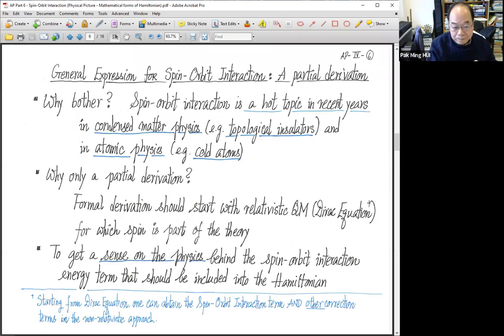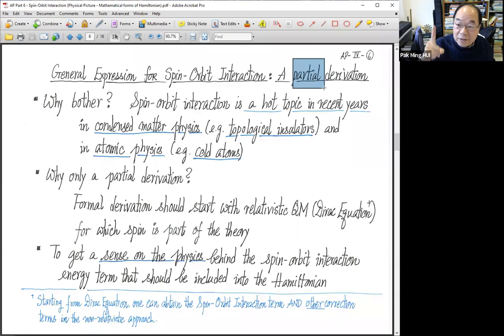So here, I will start a derivation that gives the spin-orbit interaction Hamiltonian, the part that we will use as the perturbation. But I announced that it is just a partial derivation. It's not a complete derivation. For one reason,